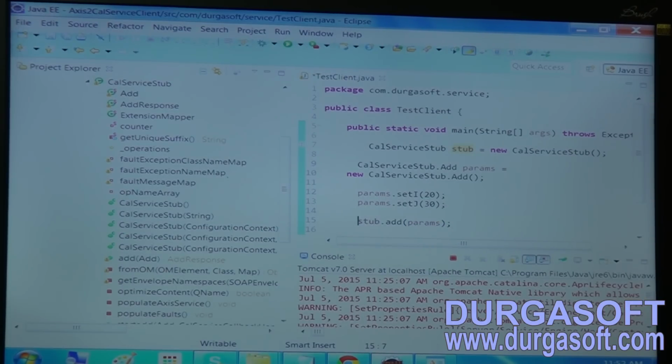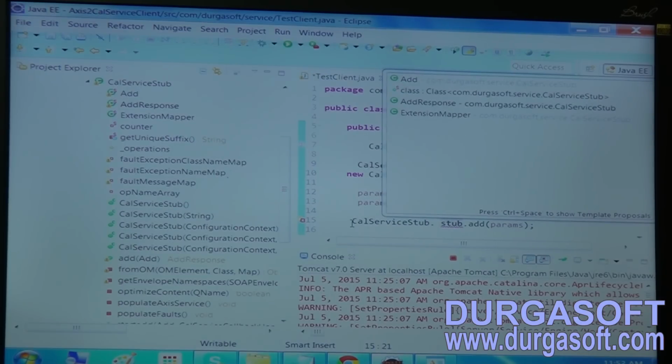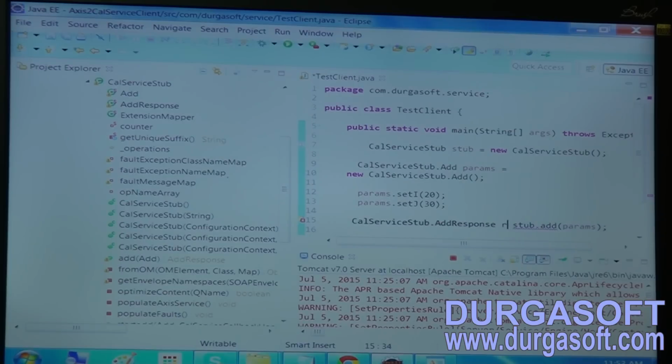It returns one response of type CalServiceStub.AddResponse. So we need to create the AddResponse inner class object. How to create? CalServiceStub, it's a static inner class, so we need to use it like this, stub. I can say response res here. Fine.